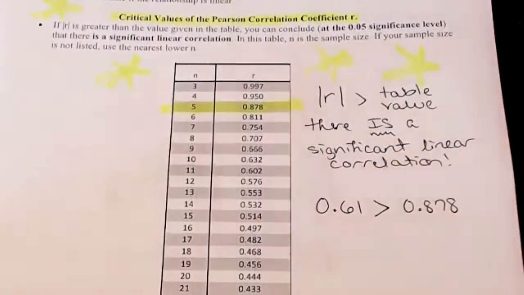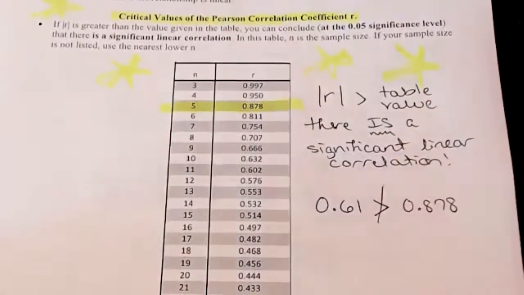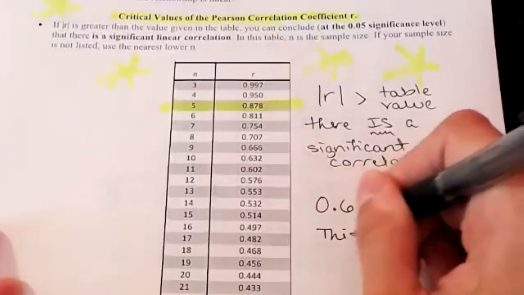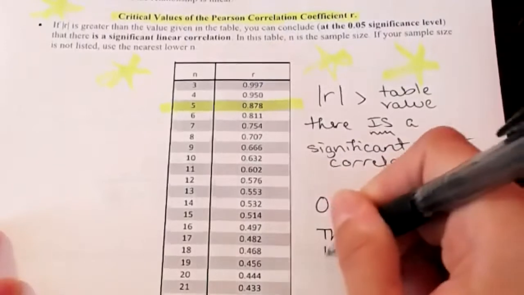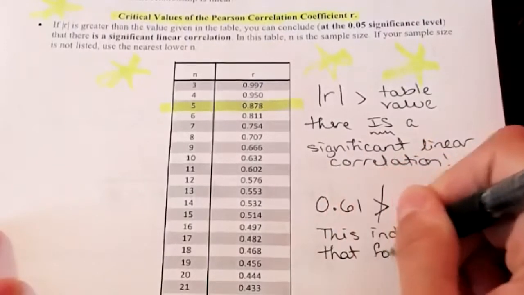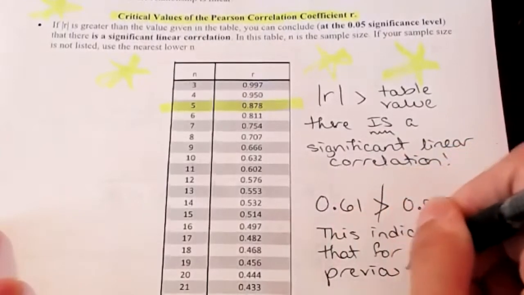In this case, we cannot say that 0.61 is greater than 0.878. This is a false statement. So I'm going to draw a slash through that, and I'm going to say this indicates that for our previous problem,